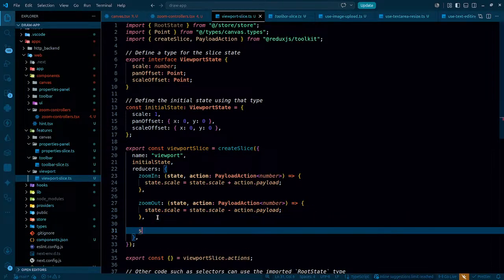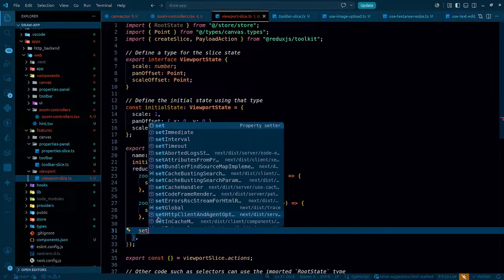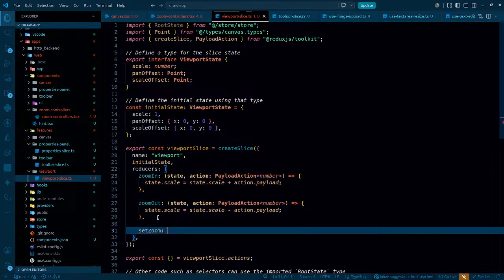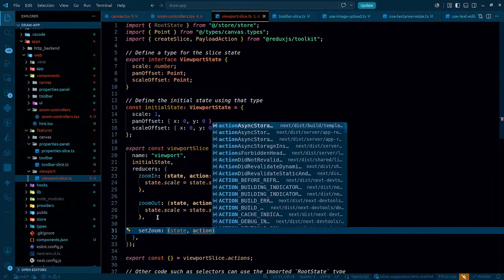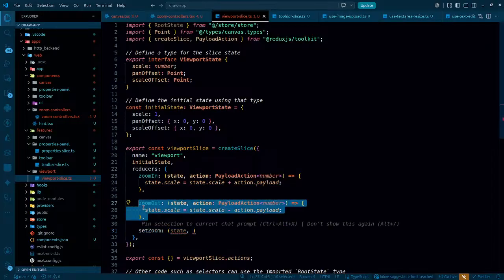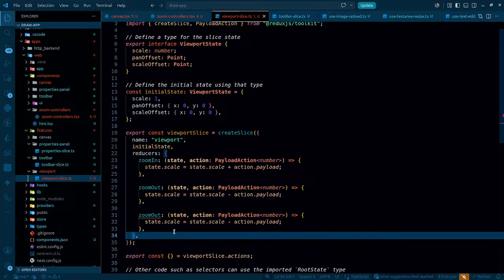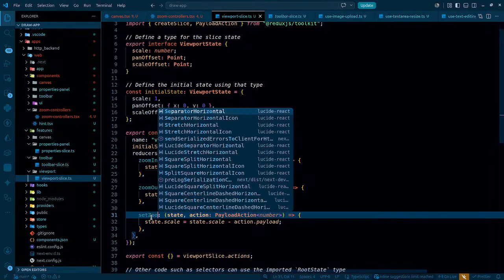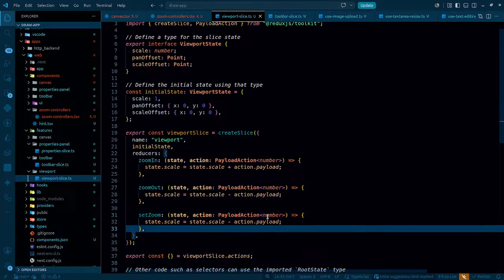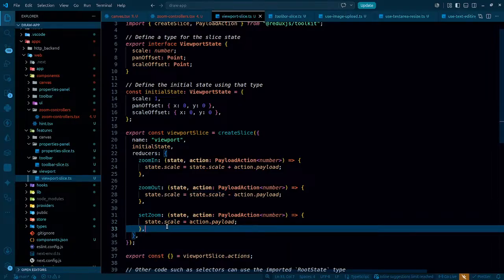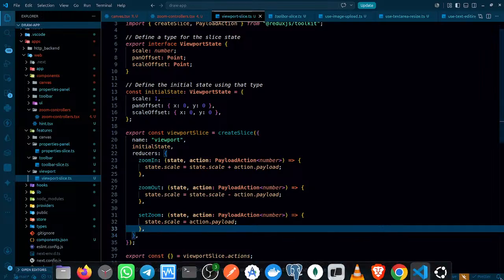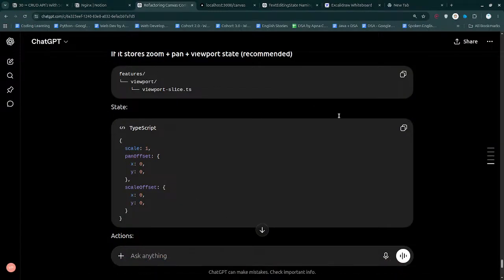Then we have set zoom. We can even set the zoom. Okay, and state, action. Let's just simply copy paste the stuff. It's no use repeating it. This is actually gonna be set zoom, and I am gonna get a number, but this time it's just going to be replaced. Alrighty, so we've gone through this much,